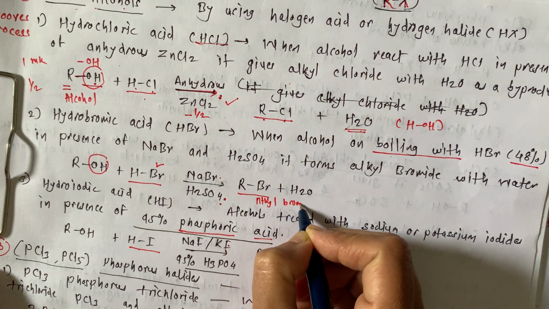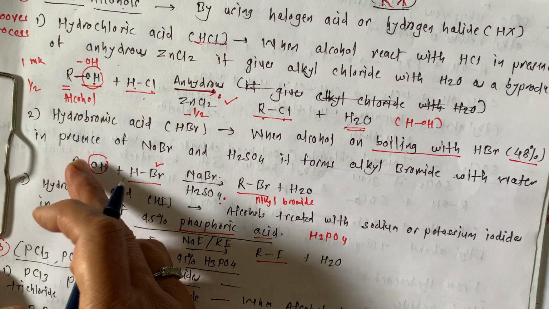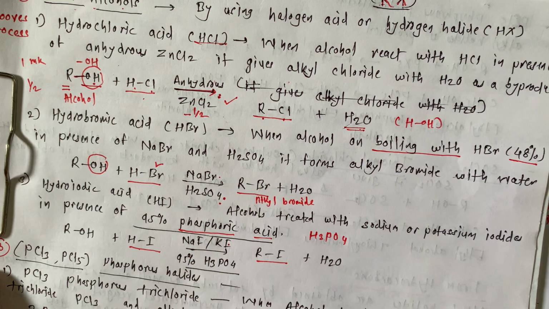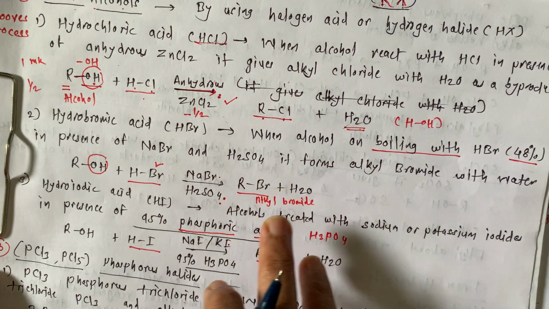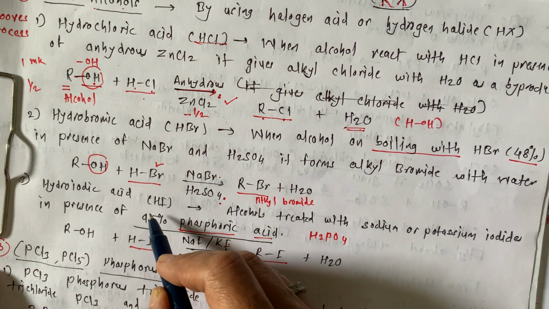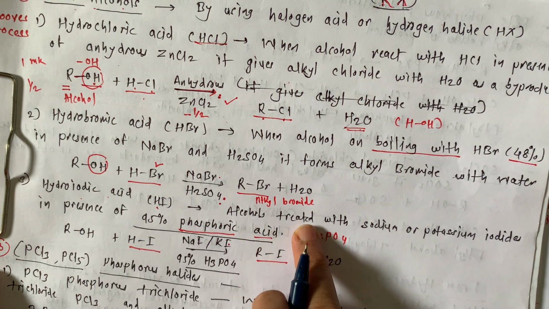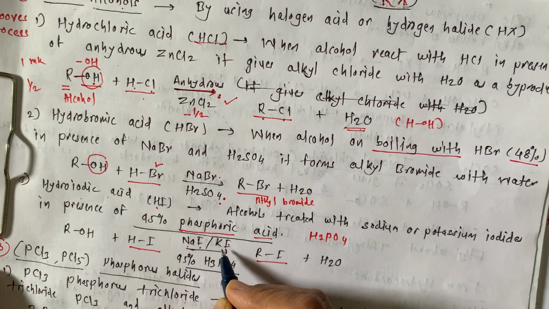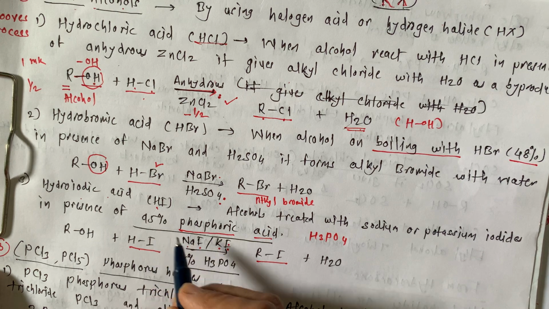For example, you can take ethyl alcohol or propyl alcohol or methyl alcohol, anything, and you can get methyl bromide, ethyl bromide or propyl bromide, or bromomethane, bromoethane or bromopropane. That is clear. Then next one is hydroiodic acid. What do we mean by hydroiodic acid? HI is hydroiodic acid. Alcohols are treated with sodium iodide or potassium iodide in presence of 95%